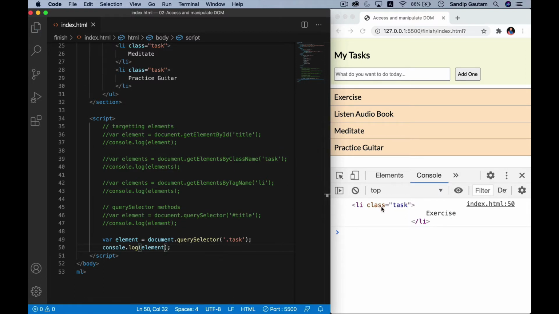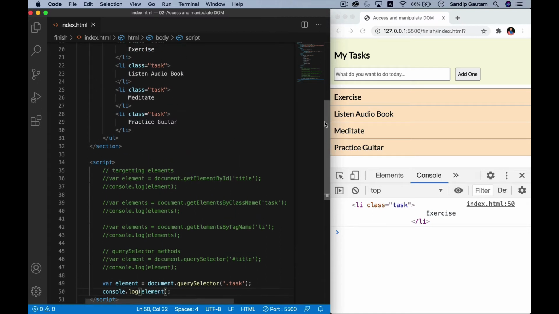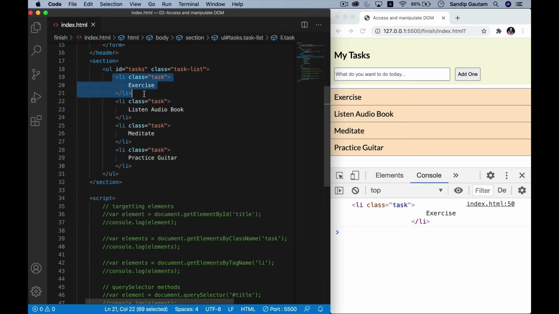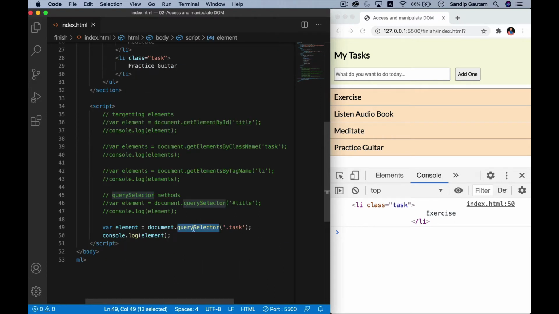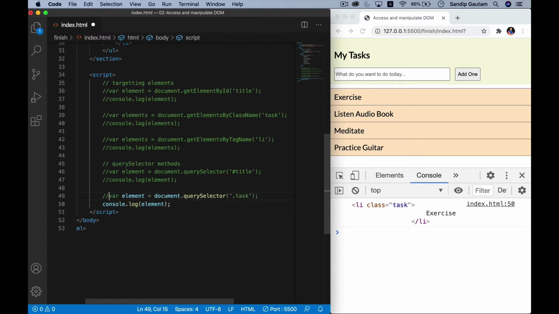I got one element, and first one only, with the text node of exercise. You see here, but I have other elements with the same class name. But as I said, query selector is going to return me the first object only, the first matched element only. Now let's see how we can target